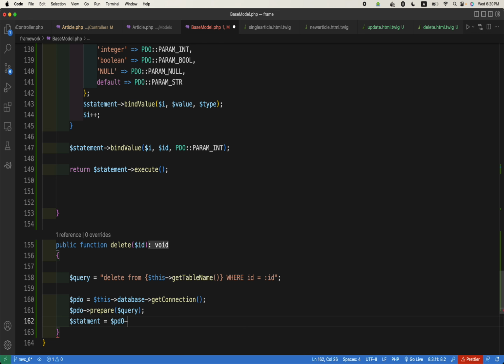If we execute prepare query, this is going to be statement, sorry, and then bind value, it should be, this one should be comma id, and it is PDO param int. This clear? And then return what? Statement execute, because it will either return statement, okay,